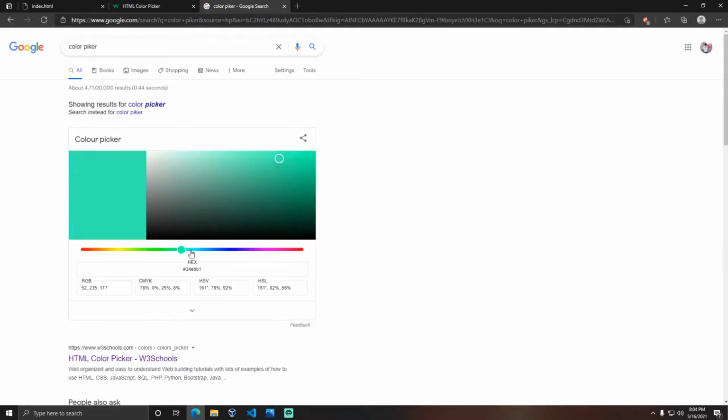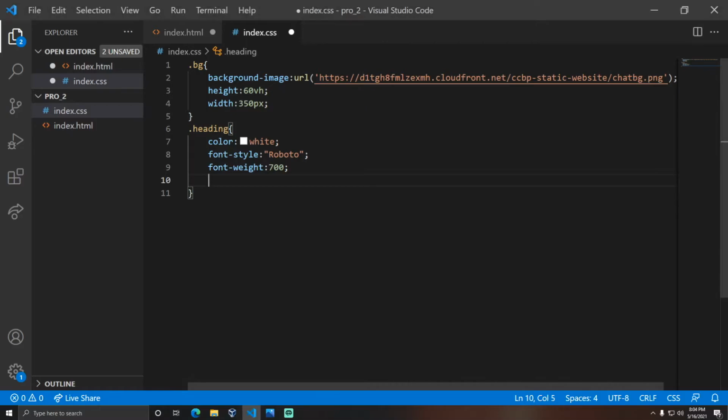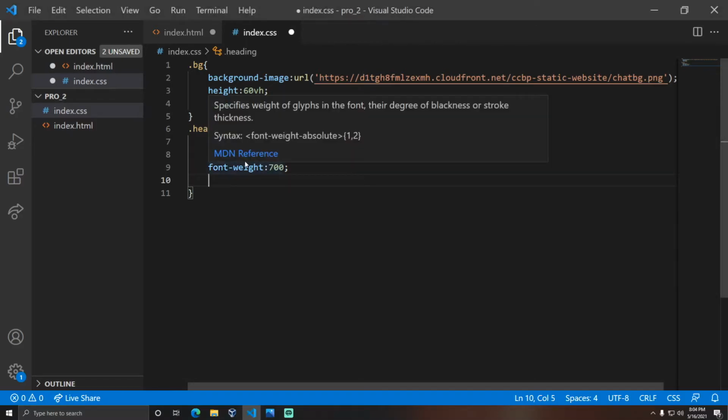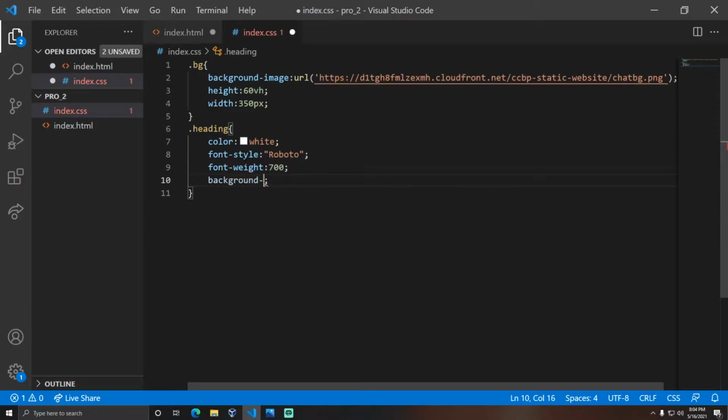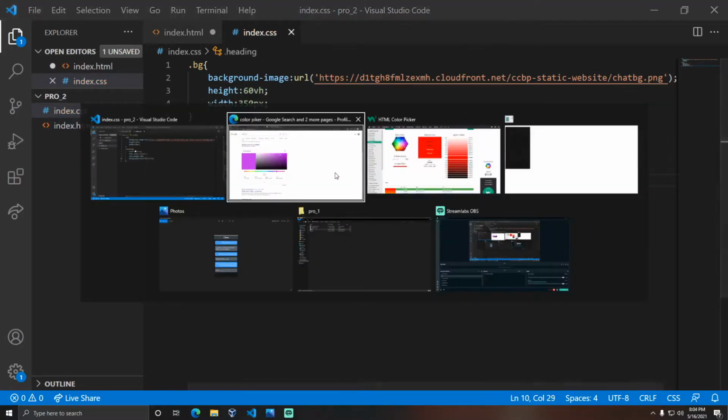Here you can pick your color, so that you can get whatever color you want, and the background color is 323F4B. Okay, let us check it.